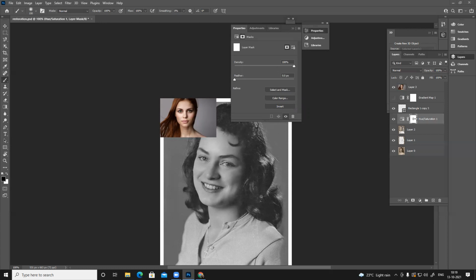If you paint black on this mask, it will basically make that section invisible or transparent. So if I paint it black, you can see that area is not desaturated. If you want to invert it, press X. Black hides, white shows.